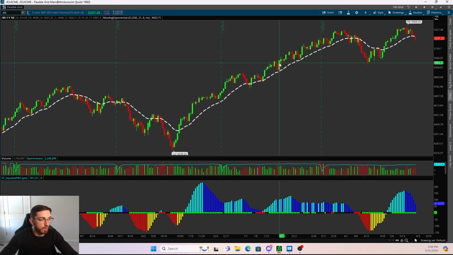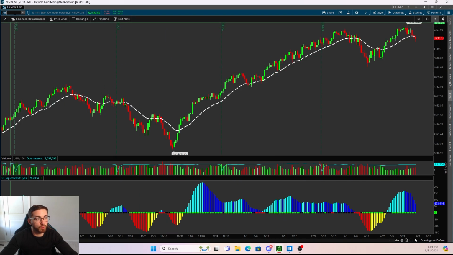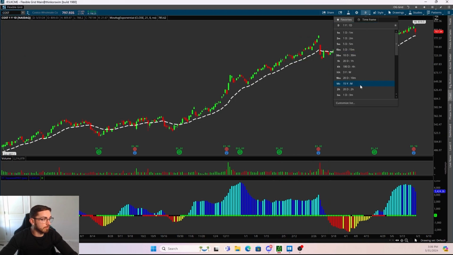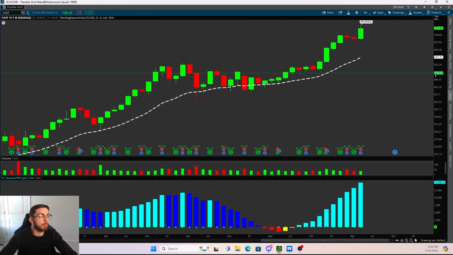Now, a big part of my swing trading strategy is, first off, I mainly swing trade to the upside. That's just where I make the most amount of my money. So what I'm looking for is I want to see price building a base above that 21 EMA as support. A swing trade that I've taken in the past was on Costco, and this is actually a really, really good example. So if we go to the monthly time frame, what I mean by building a base on top of the 21 EMA,